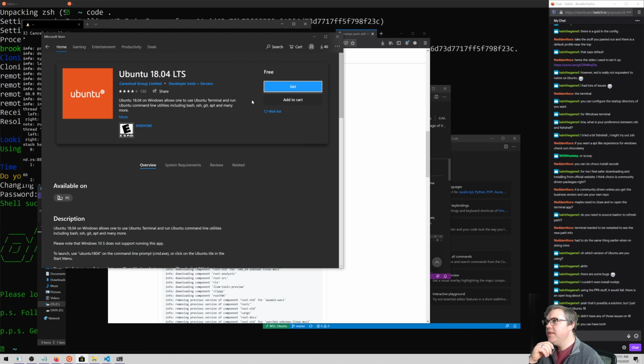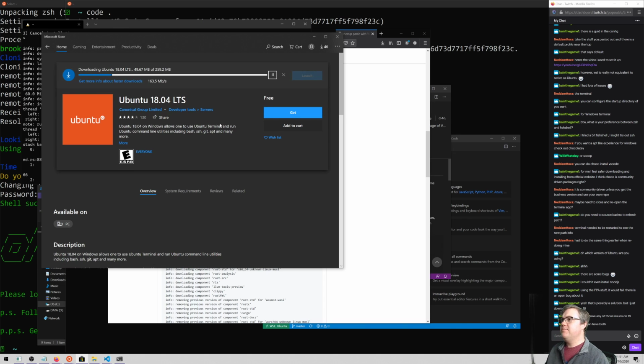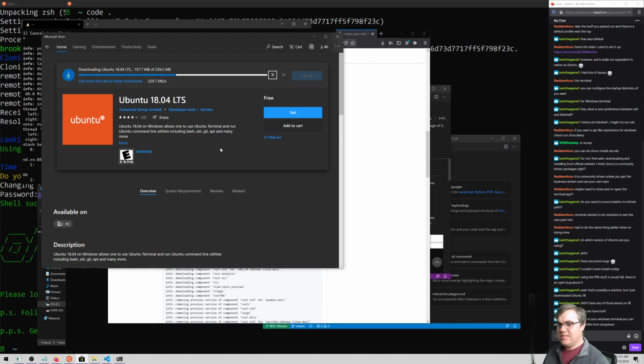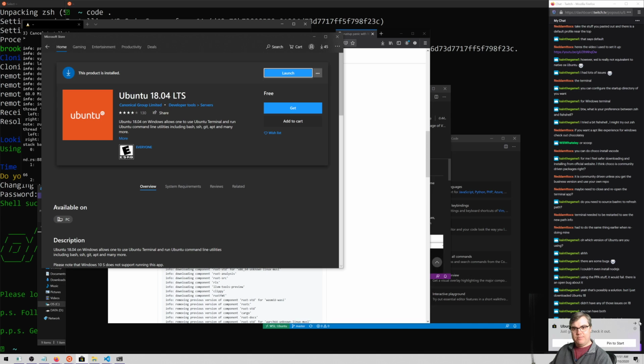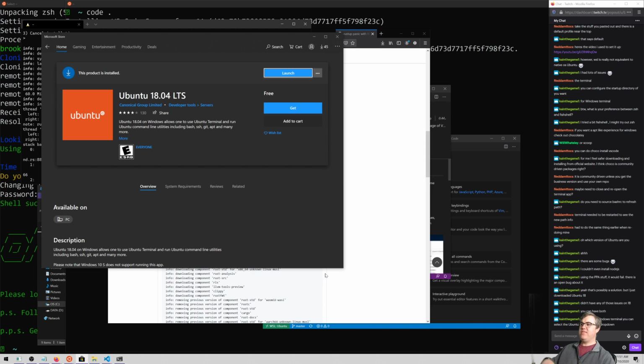Interesting. So I'll start this, but if I remember correctly. Okay. The delay between when you click get and it starts going is very confusing. You can have both. Then in your Windows terminal, you select the Ubuntu 18 profile from the dropdown. Okay, nice. I can definitely see how nice it is to have that Windows terminal, so you can just choose whichever thing you want.